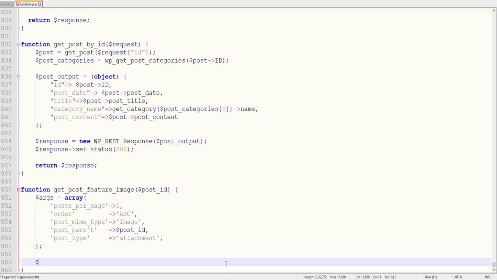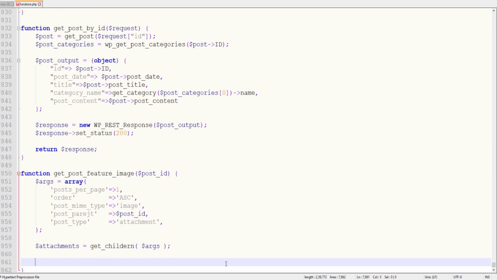So now here we will create one more variable, attachments is equal to, and here we will call the inbuilt function of WordPress, get_children, and here we will pass the arguments. And then here we will return